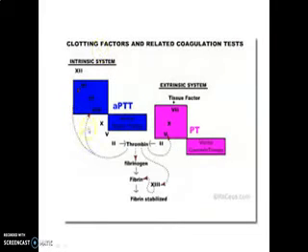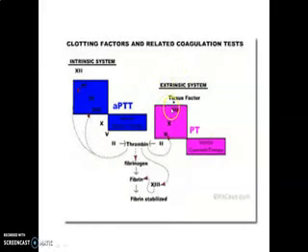These are the diagrammatic representations explaining how the clot will form. It can be explained by the two pathways, the intrinsic pathway and the extrinsic pathway. First is the formation of the enzyme prothrombinase. Second is the conversion of prothrombin to thrombin, and last is the conversion of fibrinogen into the fibrin thread. This is the mechanism of clot formation. The extrinsic and intrinsic pathways are mostly responsible for the formation of the enzyme prothrombinase.